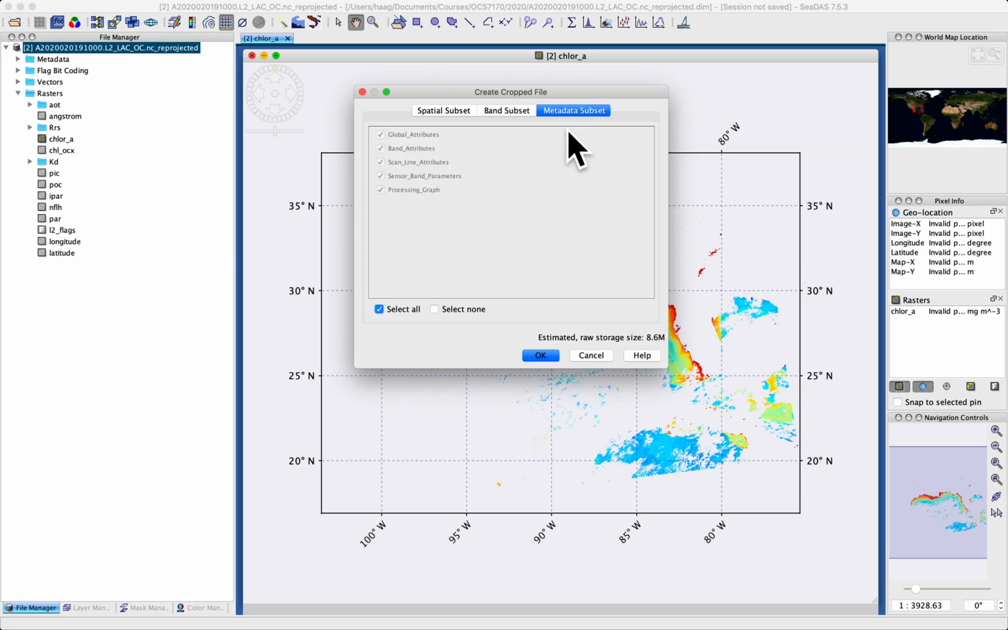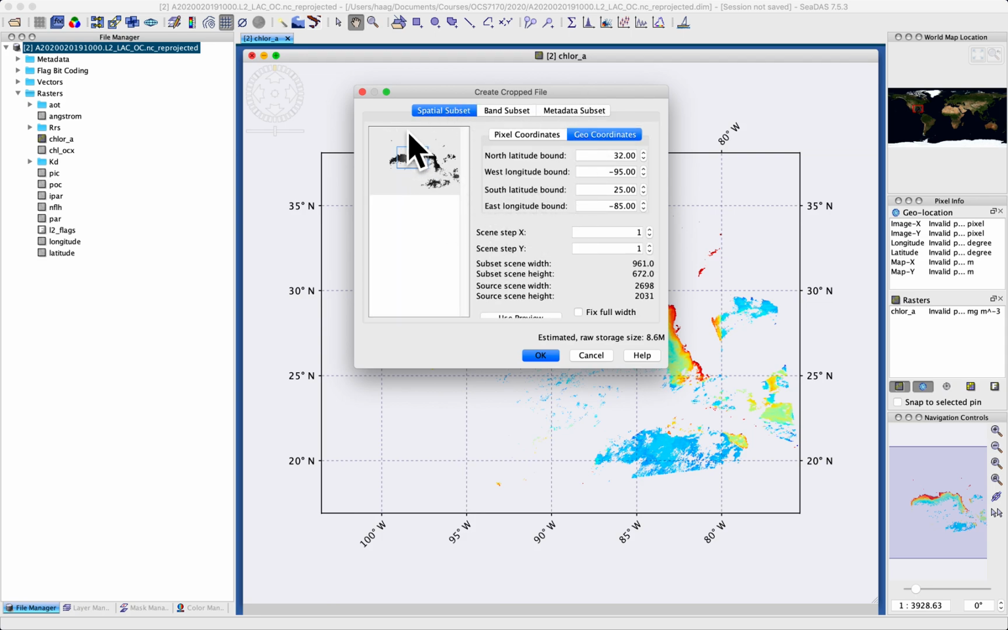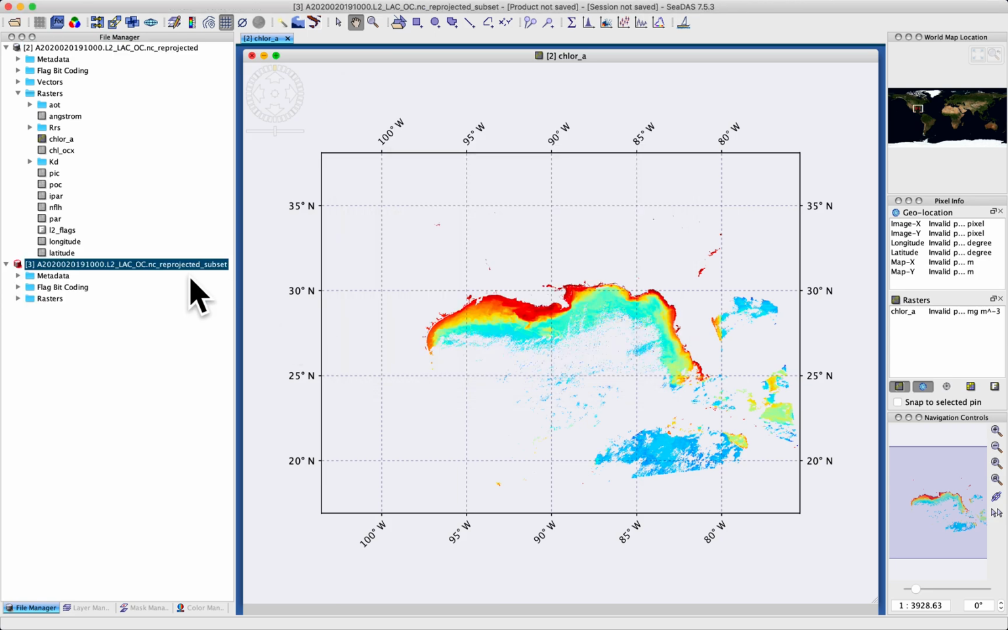Okay, I never fool with this metadata subset thing or anything. So with that having been done, I get a little preview window as well showing me the region. Let's say OK, and boom. Now,